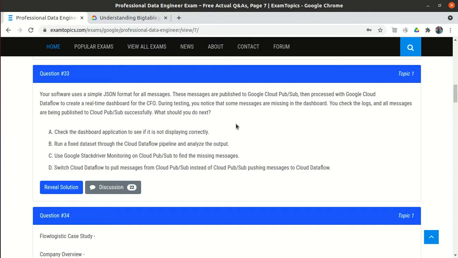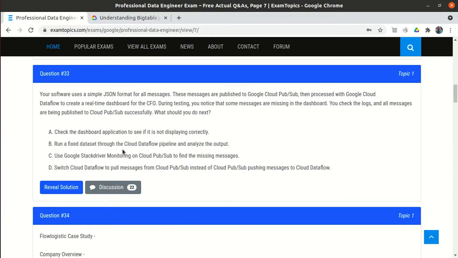Our next step is to analyze that in-between part, because we know Pub/Sub has all the messages, and at the destination most of the messages are there, but a few are missing. So where did the few missed messages go? We should not check the dashboard. So: run a fixed data set through the Cloud Dataflow pipeline and analyze the output.